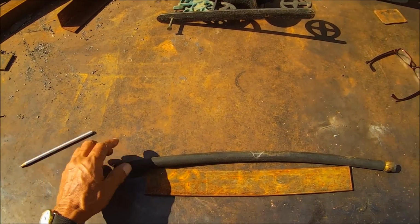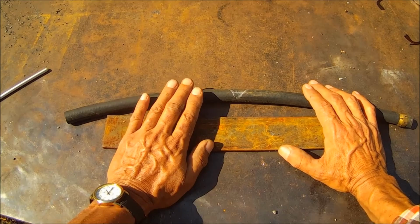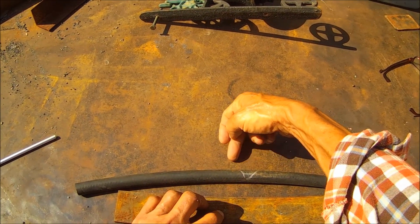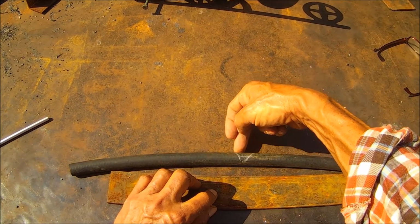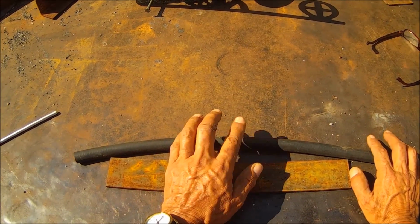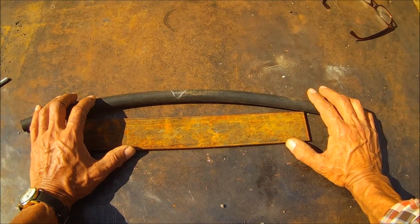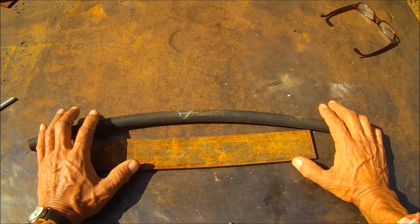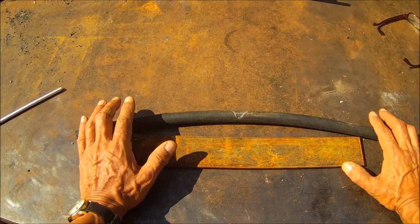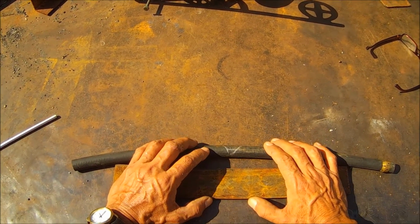Now when I talked about restraint, in something like this, you want your force coming this way. Not enough to bend it, because you're not bending it. It's this that's shrinking it. You saw there that there was no actual movement on that piece of steel until it started to cool. And that's heat shrinking, not heat working. So you want to apply the force this way,